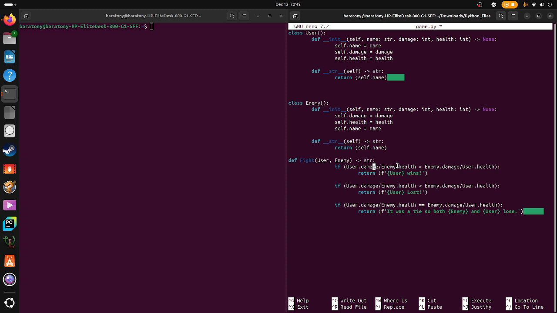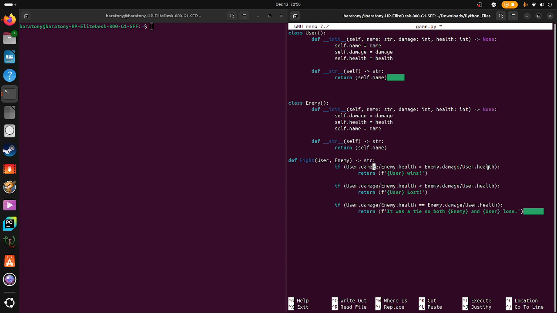So what this is doing is basically saying, what's the number it takes. So I'm doing health, actually. So it's health divided by, or damage divided by health, sorry. So I'm saying how many hits does it take to equal that number of health, like 1 or 1.2 or 1.25, something like that. And then I'm saying, is this greater than or less than? So let's say, so like a classic